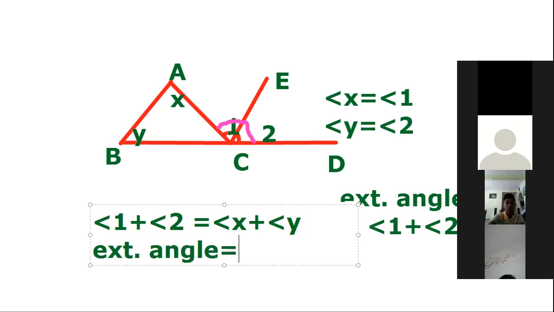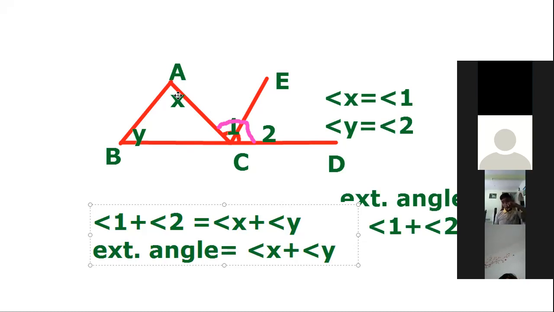That is, the exterior angle is equal to angle x plus angle y. Then what is the property of angle x and angle y? Both angle x and angle y are interior angles, isn't it? That is, the exterior angle of a triangle is equal to the sum of the opposite interior angles. The opposite means